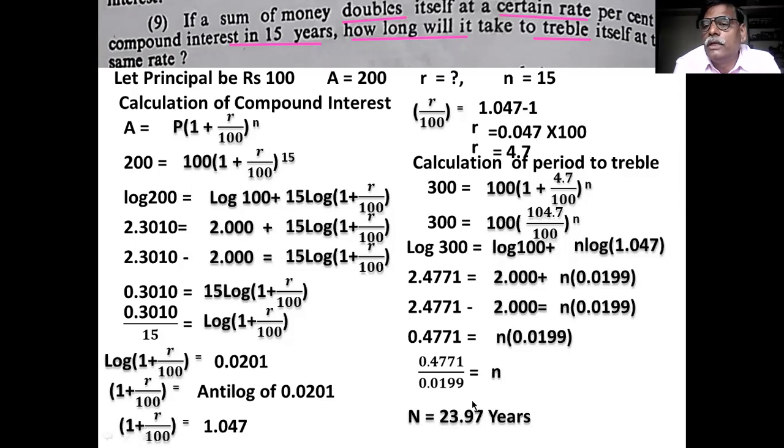Okay, 23.97 as per your logarithm table. My answer is a little bit different from the book. If there are any changes, you tell me. Because of copy and paste, I committed certain mistakes. If there are any changes, you call me and tell me. Okay, these are examples 1 to 9 I explained. Only one problem I left regarding this, and you solve that problem. This is enough for today, and we will see some more examples in the next class.